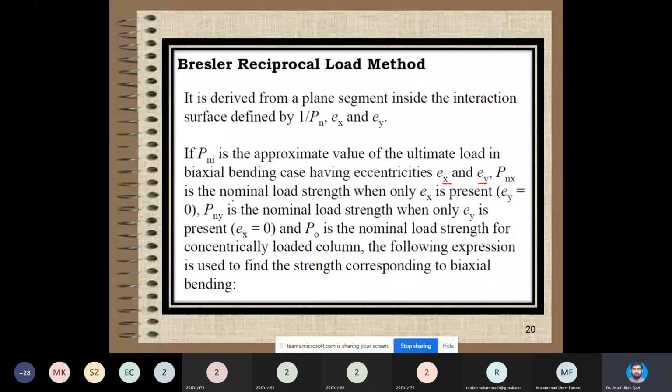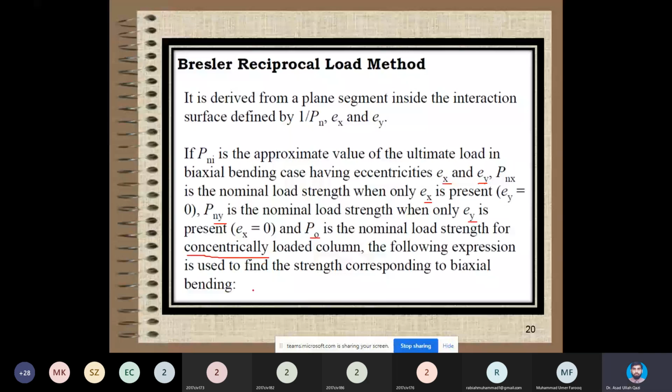Then Pnx is the nominal load when only Ex is present, and Pny is the nominal load when only Ey is present, and P naught is the nominal load when no eccentricity is present and the column is concentrically loaded. If we have these components, then the following expression can be used, and as a result, we can get the biaxial capacity of the